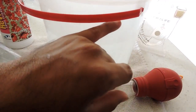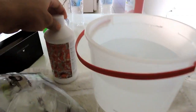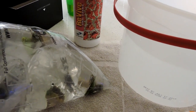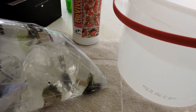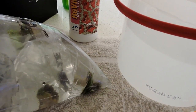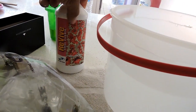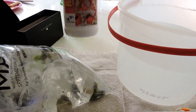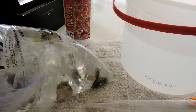So we're going to do it this way, hopefully the correct way. Fill it up almost all the way. I'm not gonna do a whole cap full. I'm planning to do half, and hoping that these corals don't have a lot of pests. Just to confirm, I did tell the guy from the fish store at Carter's, and he told me it has happened to him when he adds a little too much, or if he leaves the corals there for a long time, they end up dying. But I'm gonna just try it. I have Bayer, I could use Bayer, but I just bought this brand new, so it should be put to good use. So I'm going to follow